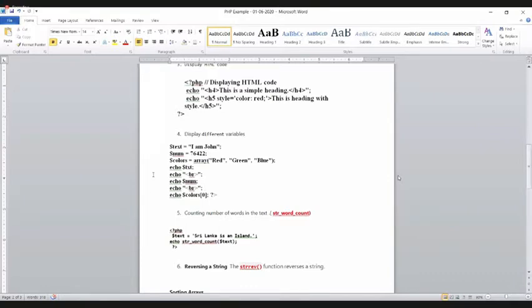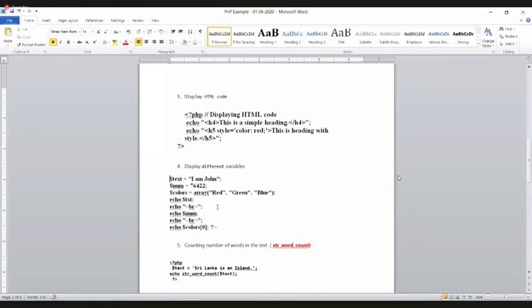Likewise, if you want to display the first element, you write the name of the variable, within square brackets write the 0. That means you can display the color red. Is it clear? Okay, madam.